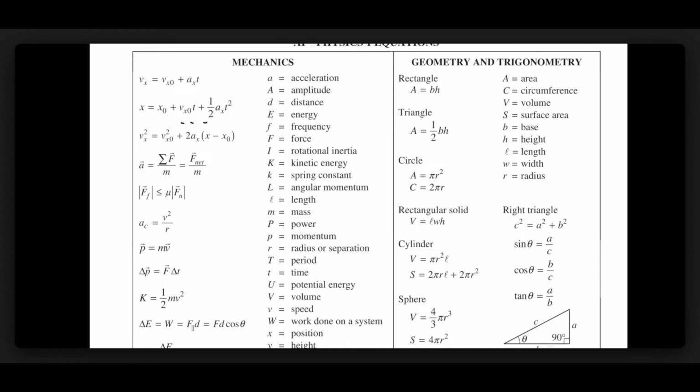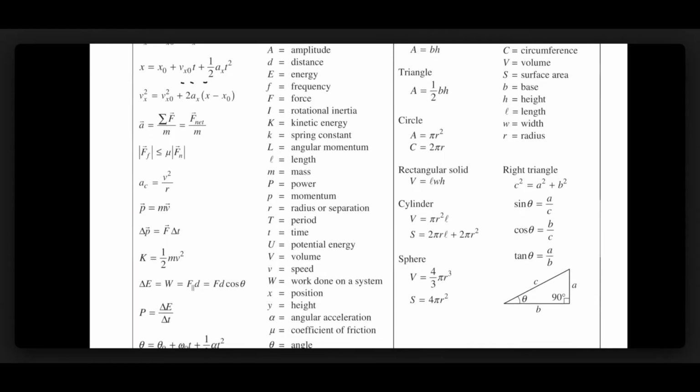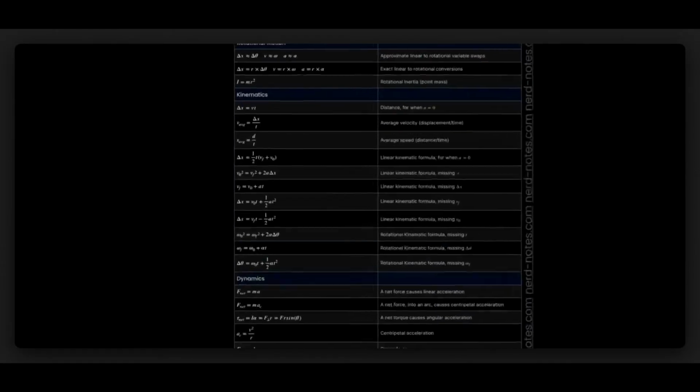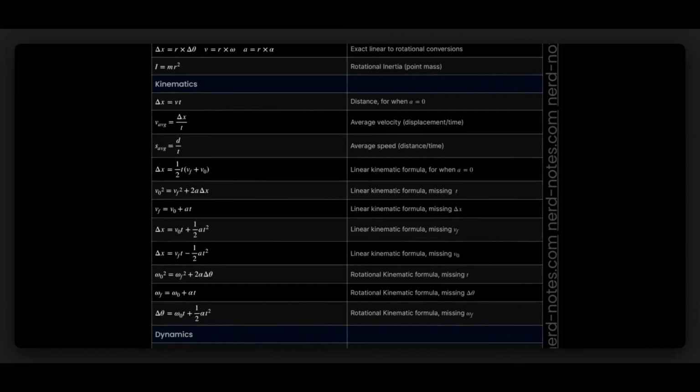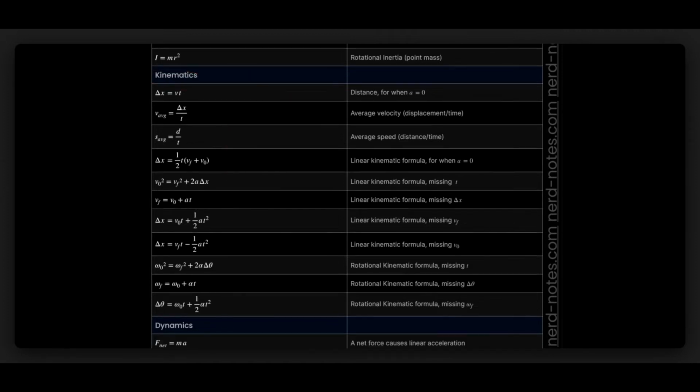This is linear momentum. And this is actually another thing I should mention. They're kind of doing all the linear stuff first. And on my equation sheet, I've basically organized it such that I actually give you the rotational motion conversions first. And then I basically just mix all the linear stuff with the rotational stuff by unit. So basically all the kinematic stuff, whether it's linear or rotational, is in the same section, which I think makes a little bit more sense to do that,